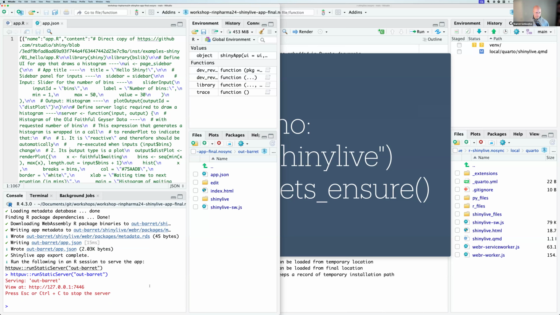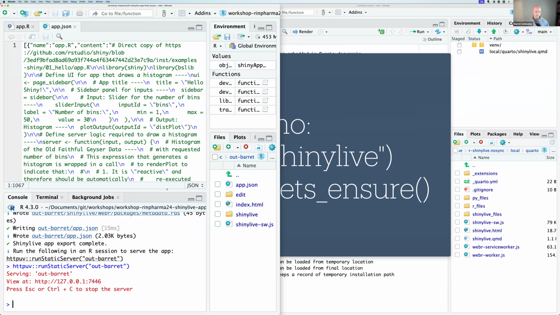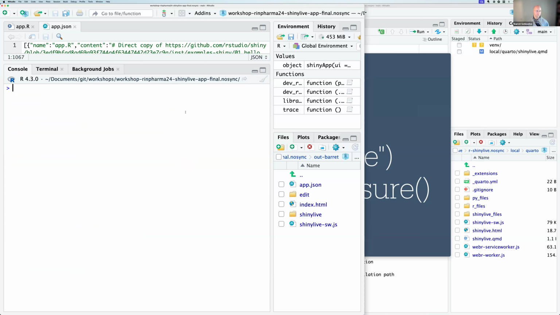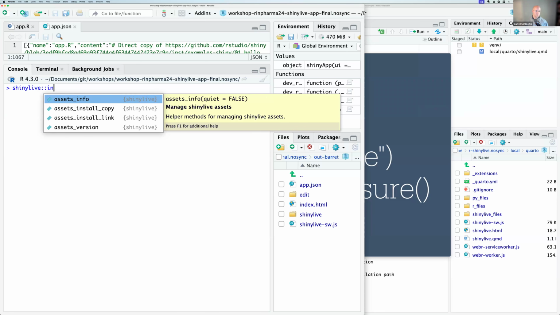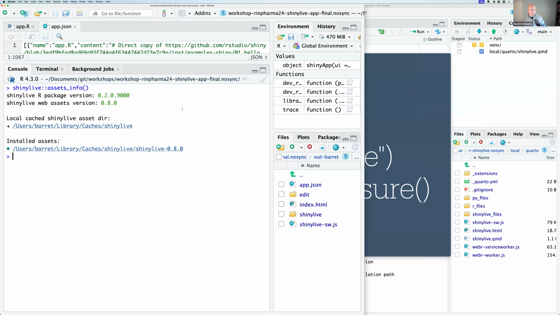All right, so I'm going to make this a little bit bigger. Let's make this, because that's not important anymore. All right, so I'm just typing this out, assuming we have shinylive installed. Assets info. What shinylive assets info will do is inspect your machine to figure out where the assets are installed on your computer or server, wherever you're at.